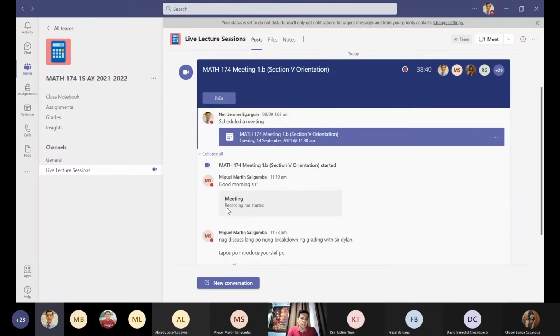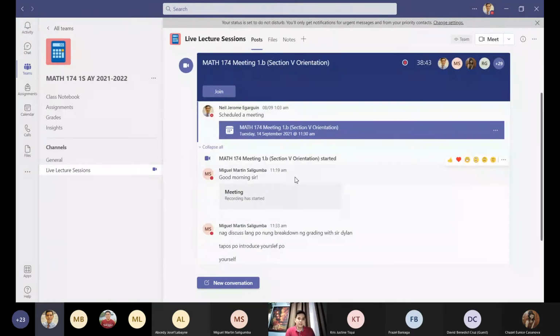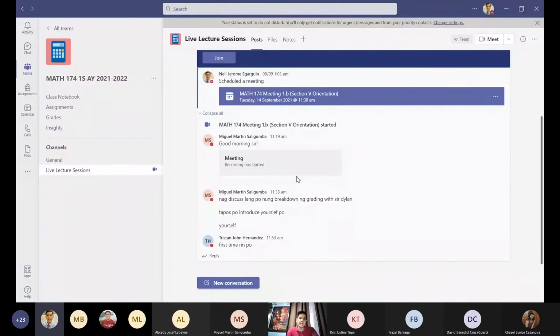If you click it, you'll see the thread and the messages in the chat, posted as comments on the thread. Once I end the meeting, after a few minutes, the recording appears here. It is automatically saved on Microsoft OneDrive, where you also have unlimited storage, I think, as part of the UP subscription.